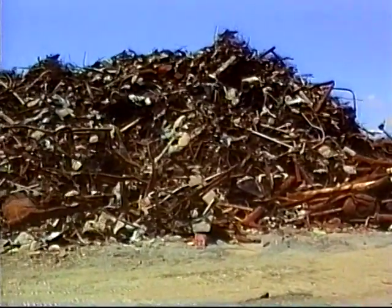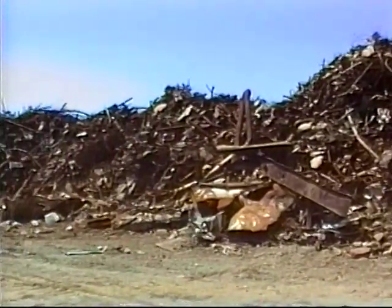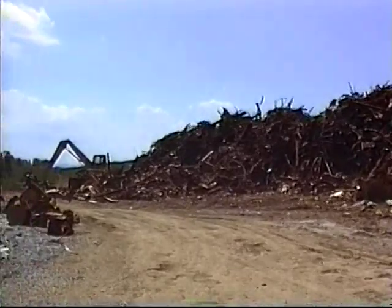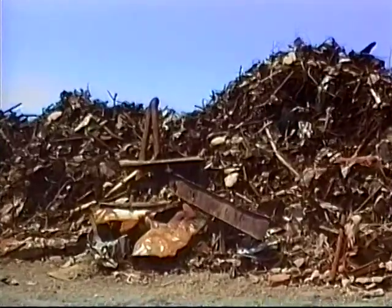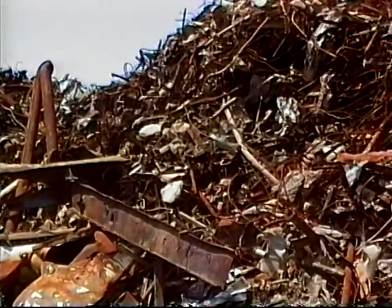Is this the debris from the buildings that have already been taken down? And what will be done with this? Yes, Sandy, this is the main debris pile, and if you'll notice, there's quite a bit of rebar and cement in here. What's occurring here is we're decontaminating a lot of this material and bringing it over to the main debris area, and the bankruptcy trustee is going through it, and some of the